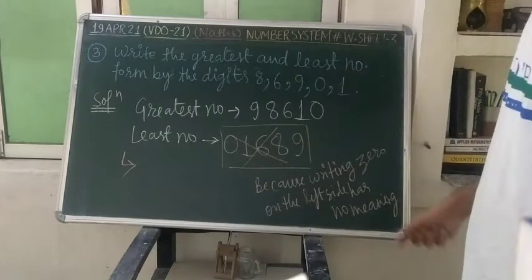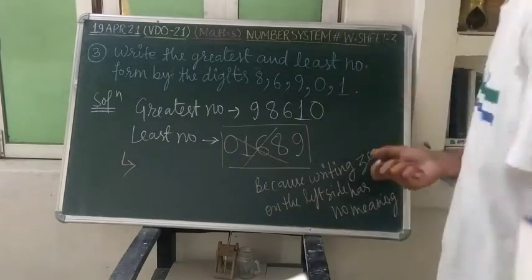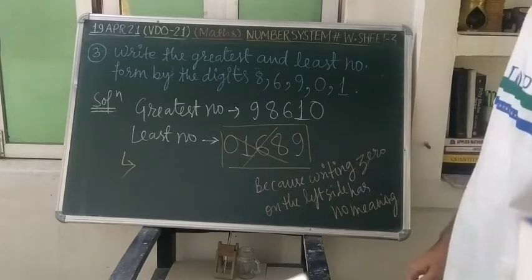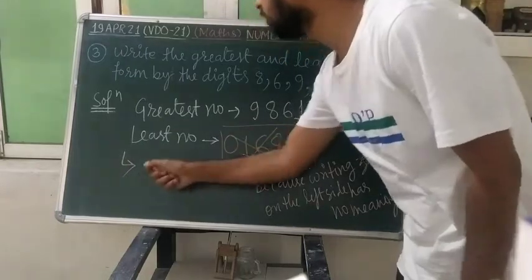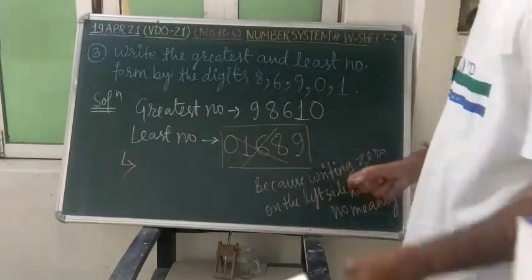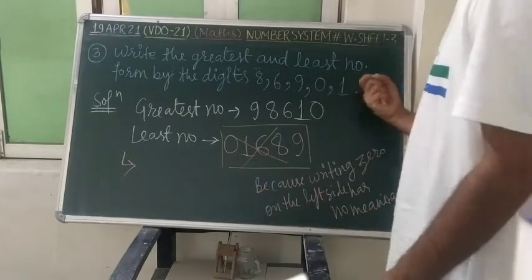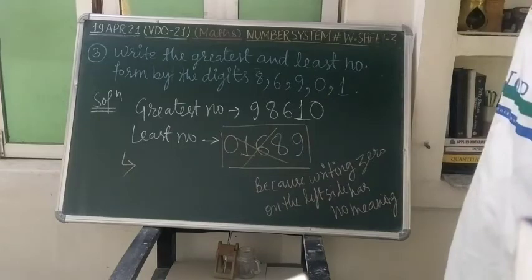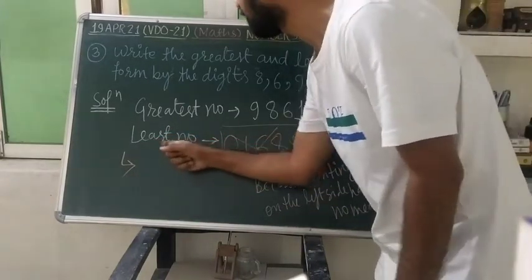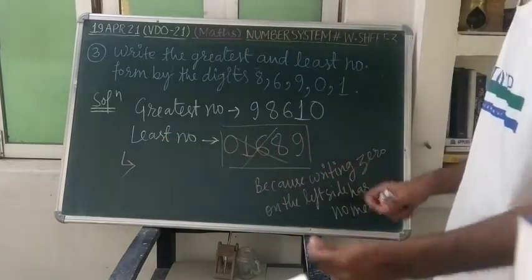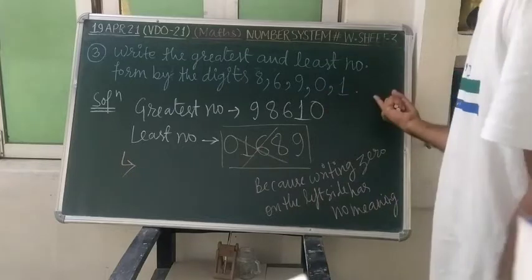how will we write it? We will look: if 0 is present in the problem and we want to write the least number, then for the first digit we will not select 0. We will move to the number which is greater than 0 present in the problem. So 0 we will not select first. While writing the least number, we will select the number which is greater than 0 present in the problem,